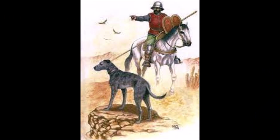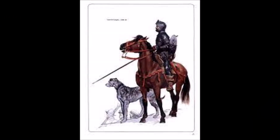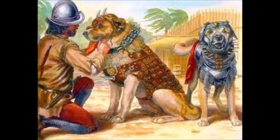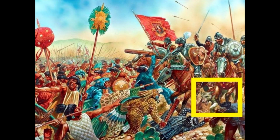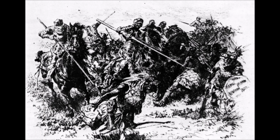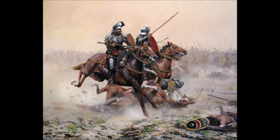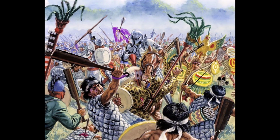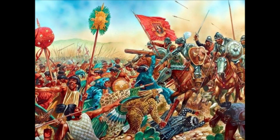Honourable mention must go to the Spanish dogs, deerhounds and mastiffs, which covered themselves in glory, attacking the Indians again and again. But the next time you see one of these in a movie or even a documentary, I guarantee it will be the first. The pathetic rump of the Spanish cavalry, only about 20 men on entirely wounded horses, tirelessly attacked in spoiling attacks on the Aztecs again and again over 5 hours, until eventually Cortés spotted the enemy commander-in-chief,